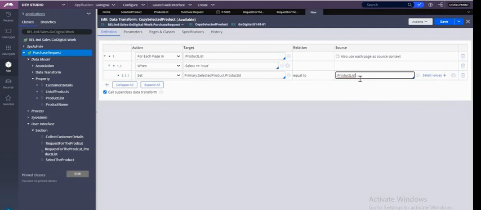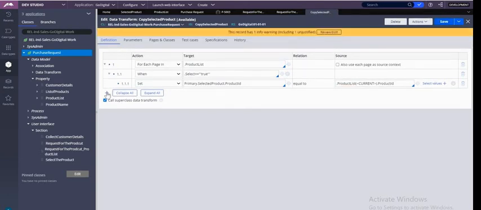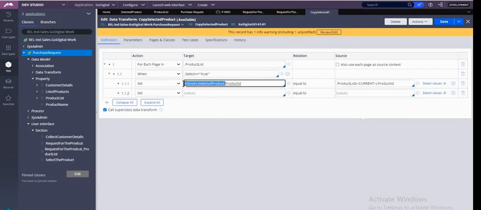Now, whenever you write a product list, is it a single record, a single page, or a page list property? It's a page list property. Yeah, whenever it is a page list property, it will have a subscript. Like first record, second record, third record, fourth record, it will have those things. That means in the brackets, you have to write as current. Okay, the value, save. In that way, you need to write the other target, same you have to write again.